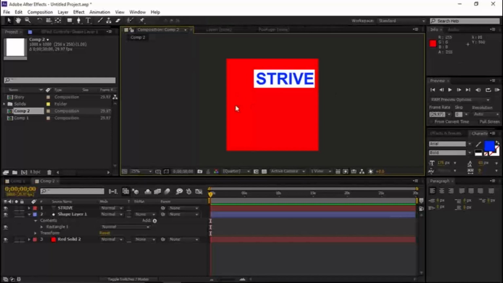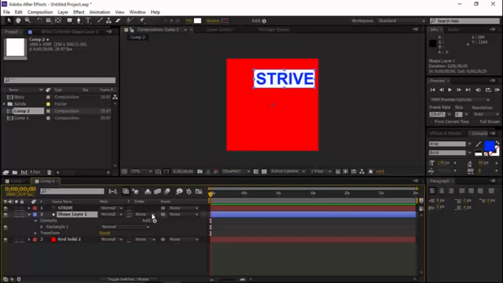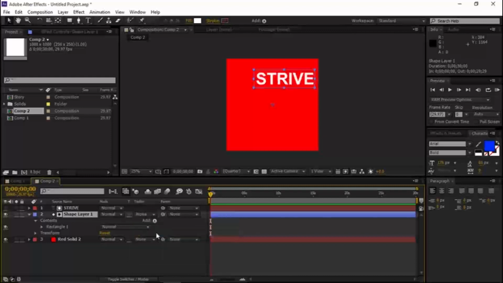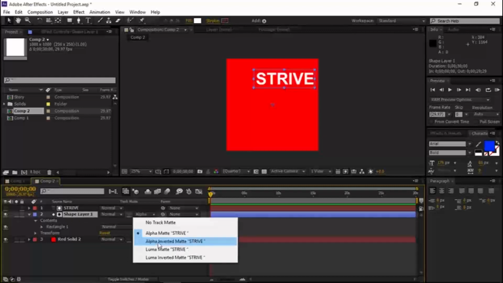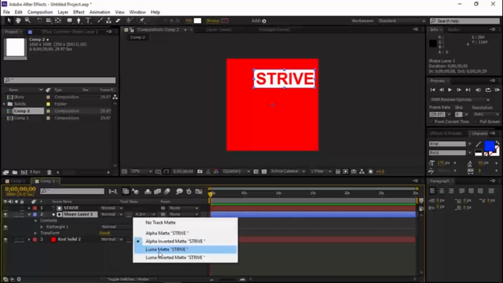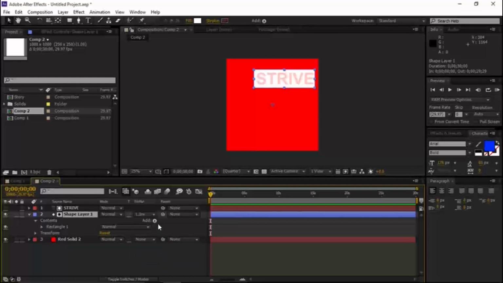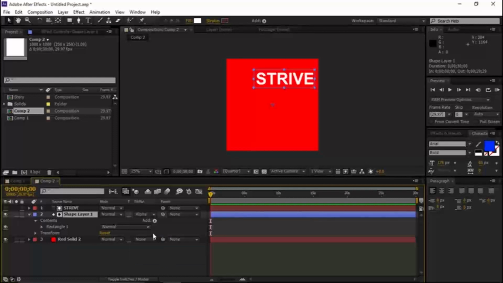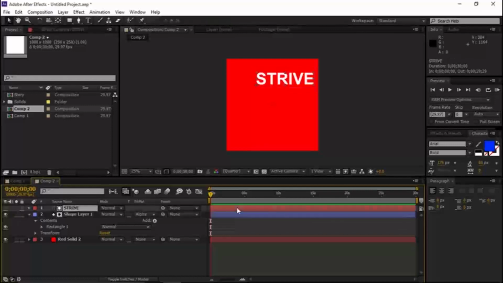Okay, so this is our first word we're going to be working with. With our shape layer selected, we go over here and then we can use alpha matte, or we can use inverted alpha matte like this, or luma, whatever you want. You can use whichever one you want, but I want to use this one for the purpose of this video. Next part, we're going to add a position parameter to our